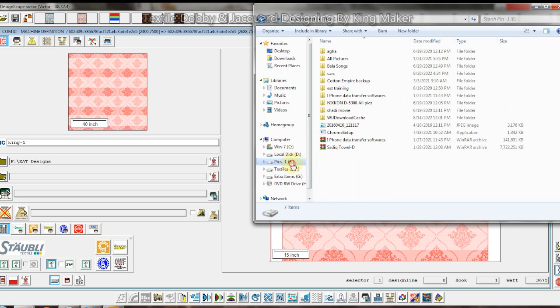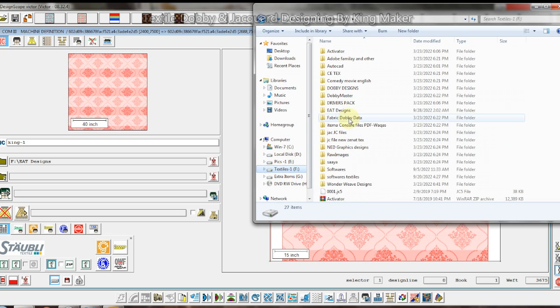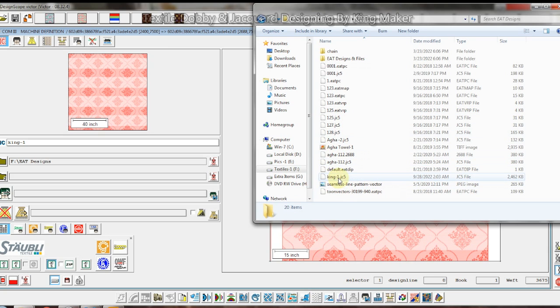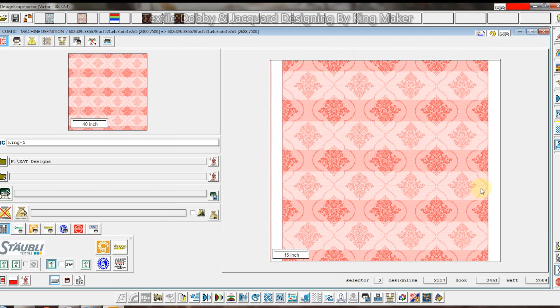So I have selected the wrong folder. Now I'm going to my correct folder. Here you can see the King1 JC5 file is in the folder and it's ready to put on the Jacquard